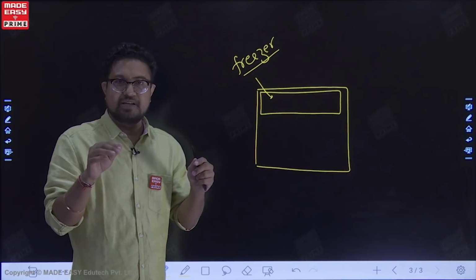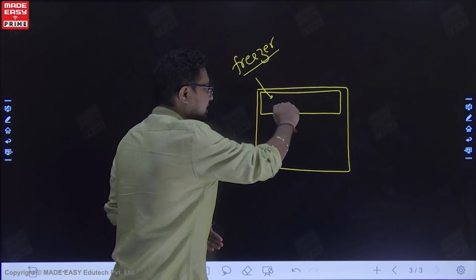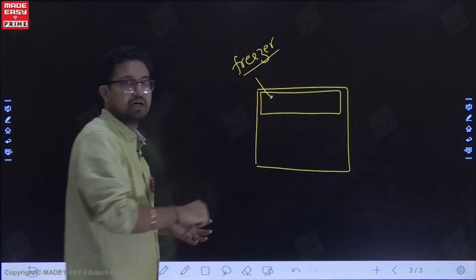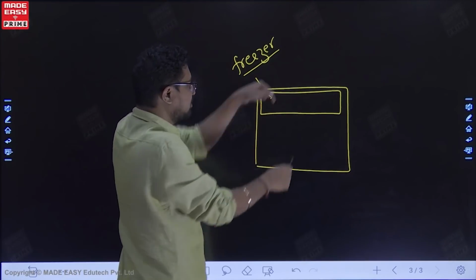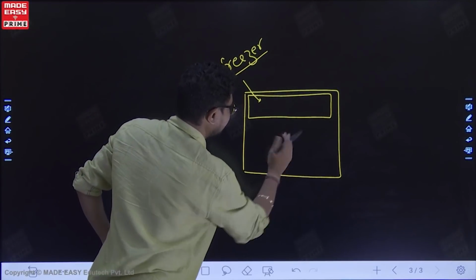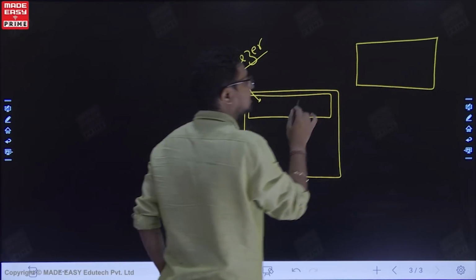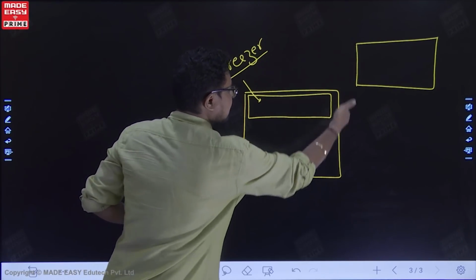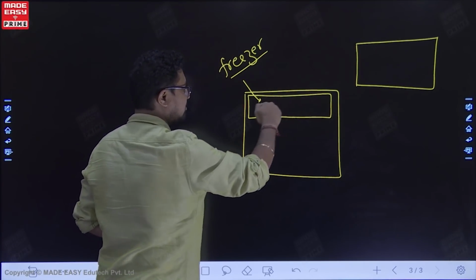Now, if you would have observed, there is a box-like shape where you keep the trays filled with water. This is an aluminium box type shape. And if you look at the surface of this box from the top or from below, this is a plate, it is called a plate type evaporator. So we have a plate here, here, here and here. And this side is hollow, so you can keep something over this.